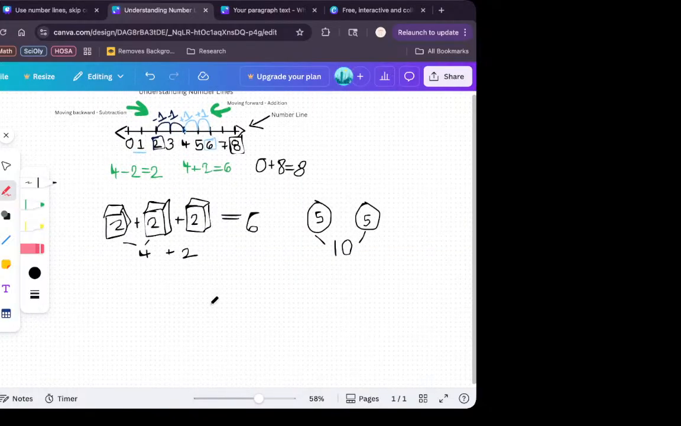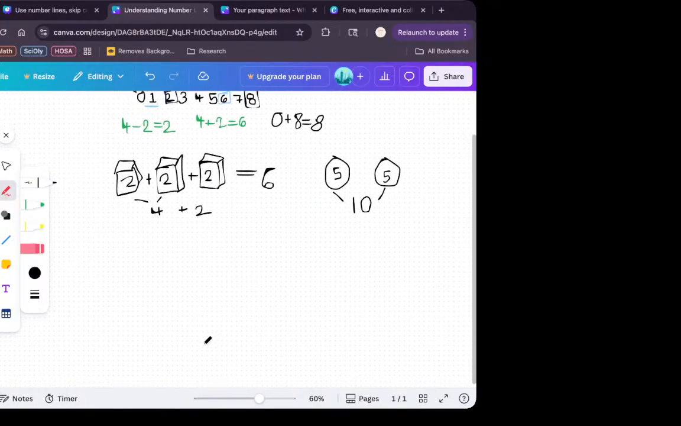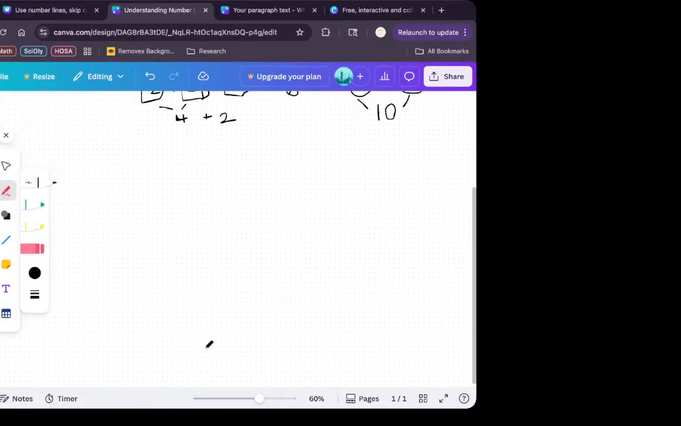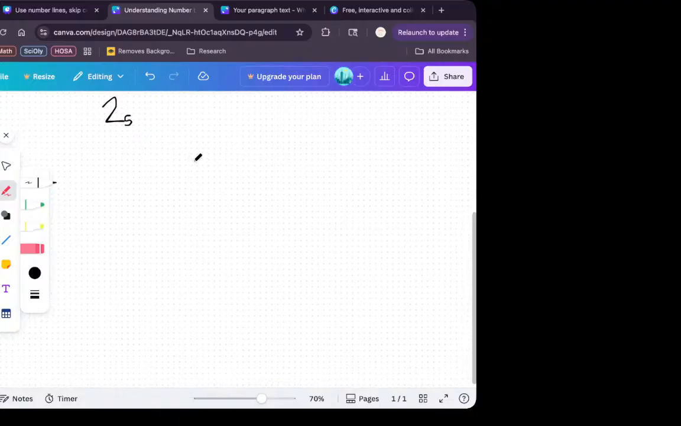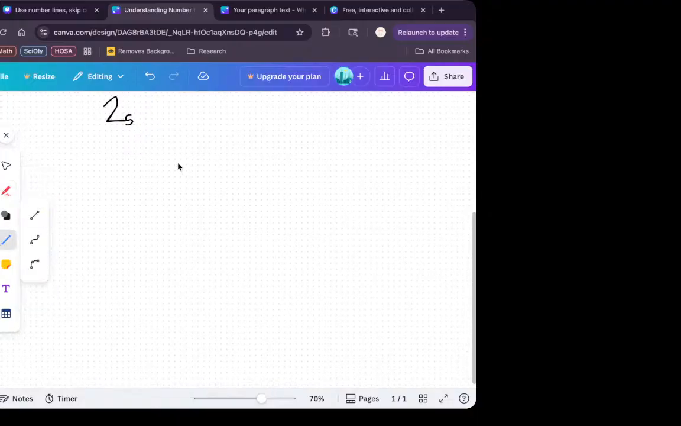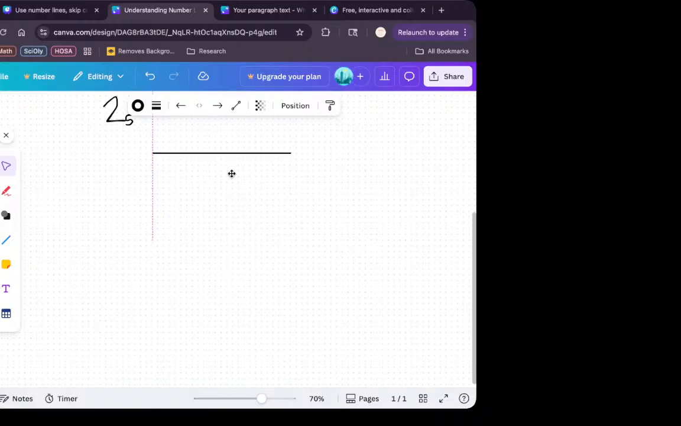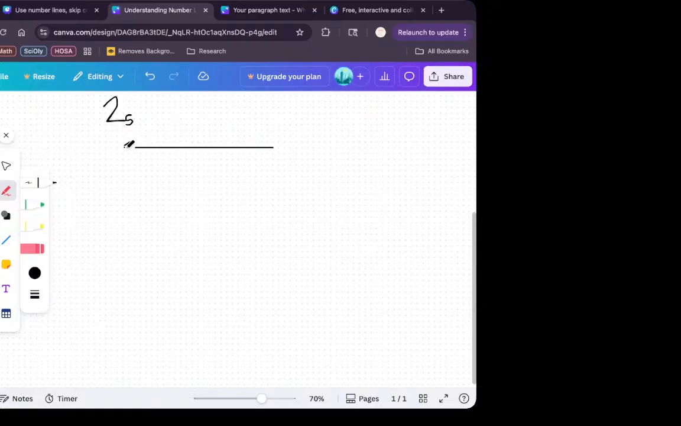So on a separate, or no, you can keep it maybe on the back side of the same page. Right when I'm writing 2s, okay? We're going to draw the jumps by 2s and the jumps by 5s. Here are the 2s. Remember, each tick mark represents one number. We're going to start from 0,